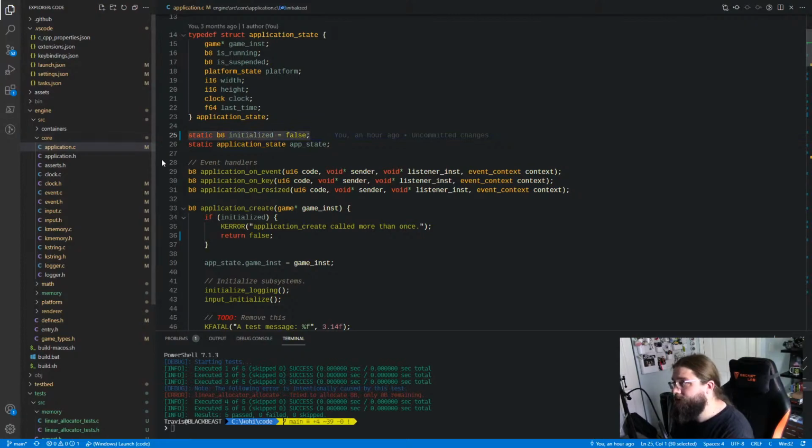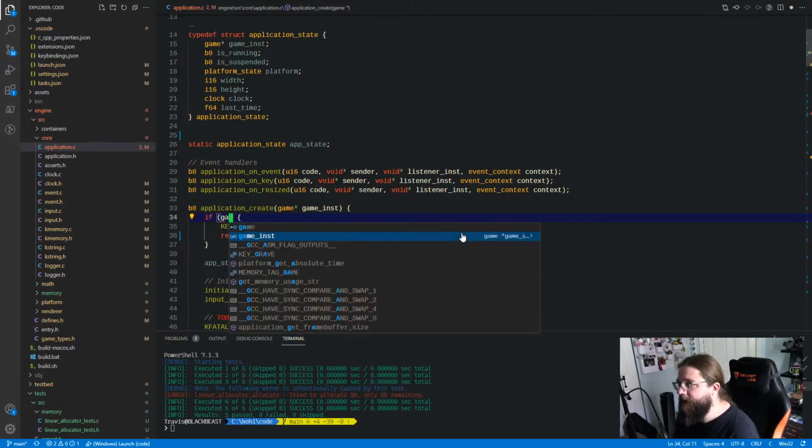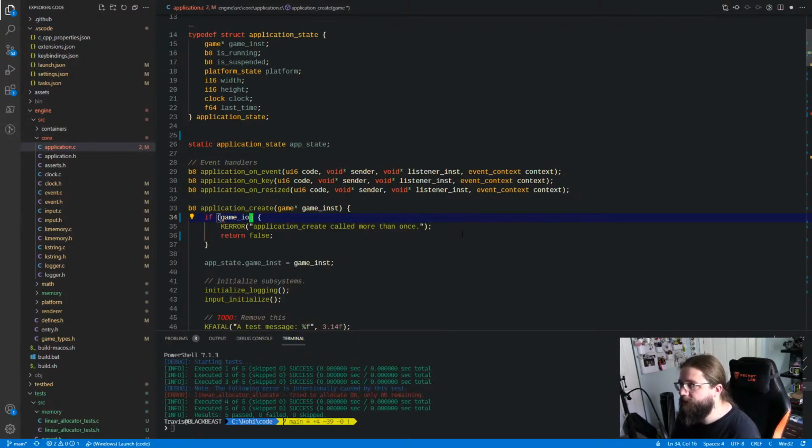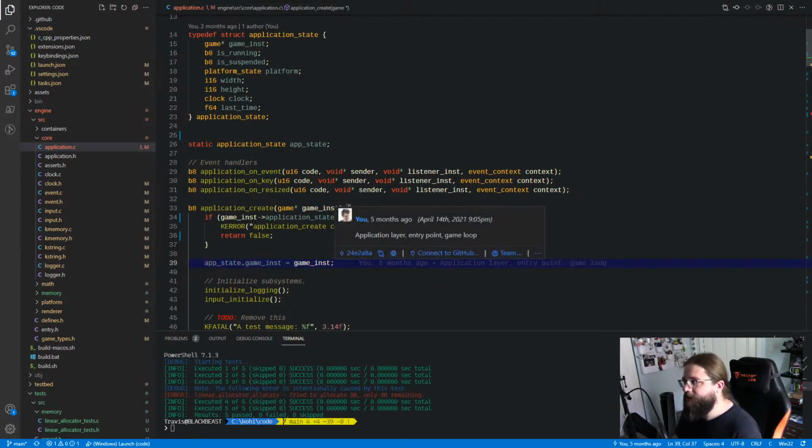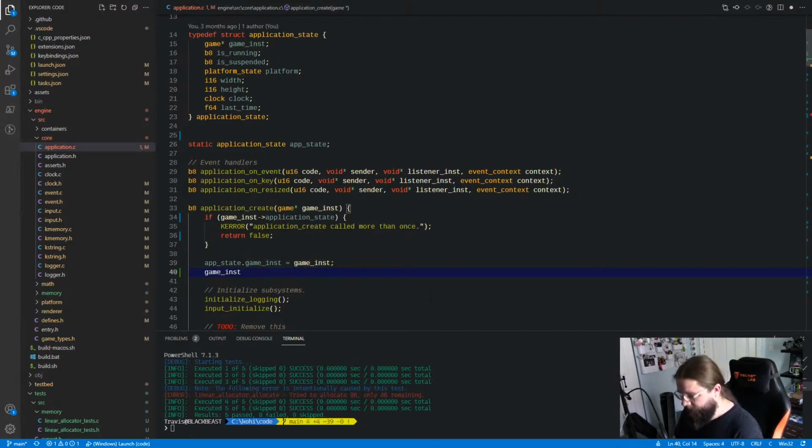And so I'm going to do that now, and I'm going to change this initialized to say we're going to look at the game instance, and we are going to say application state. So if the application state already exists, then we know that this was called more than once, and that's rubbish. We don't want to do that, so we want to boot out. If it does not exist, then the first thing that we're going to do is obviously save off the application game state instance here. So we're going to keep a copy of that, but we're also going to say that the game instance application state is equal to